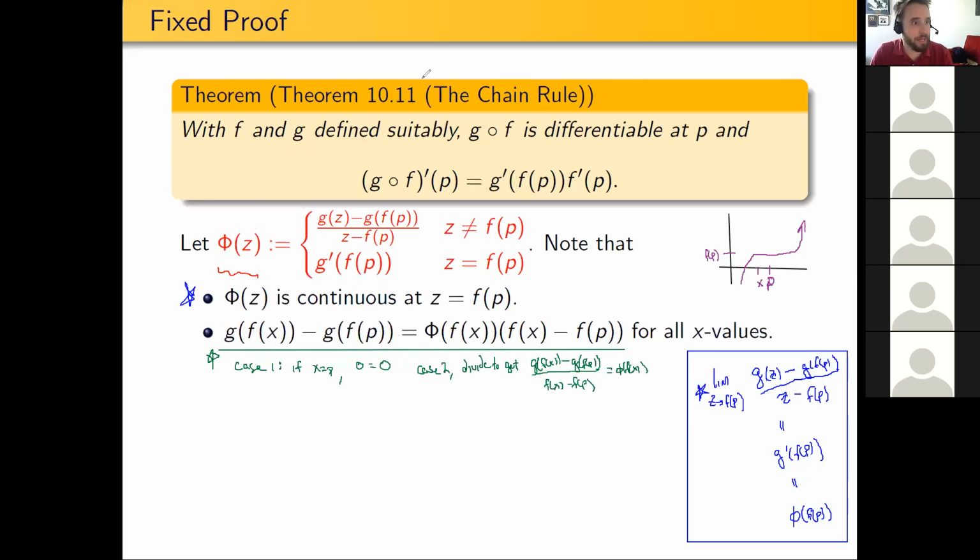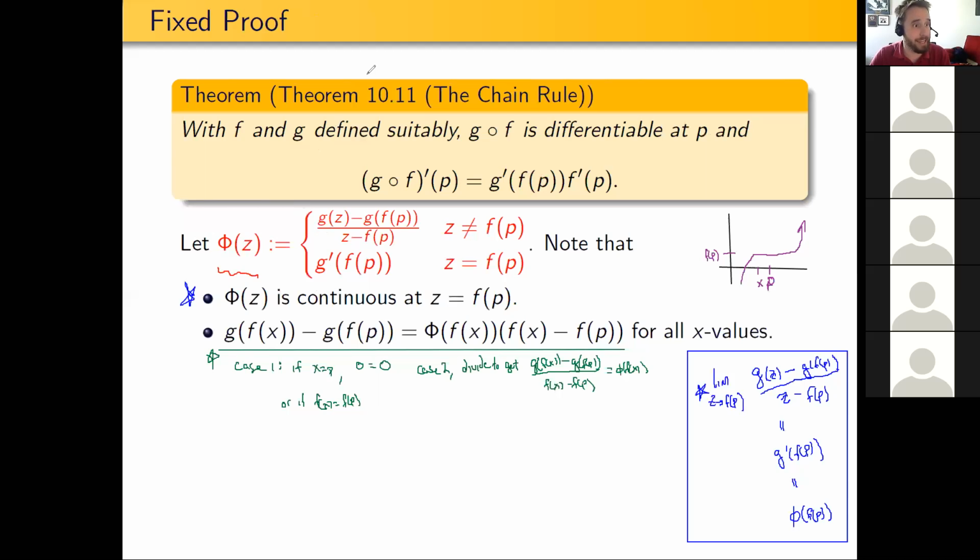Right? And that's true because that's how this weird phi function was defined to begin with. So if x does not equal p, then I can divide this over to get this, which is exactly how we originally defined phi up here. Now I realize I probably misspoke in my case 1. I think we need if x equals p or if f of x equals f of p,